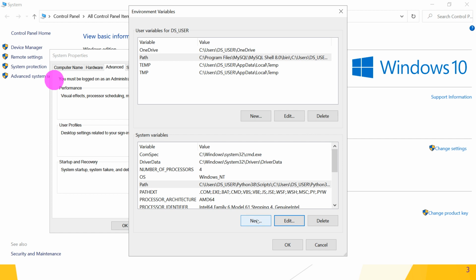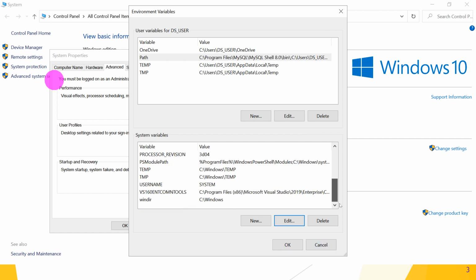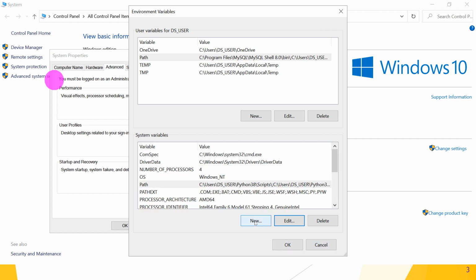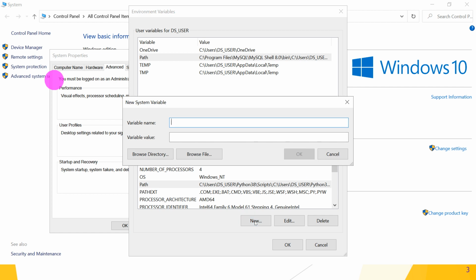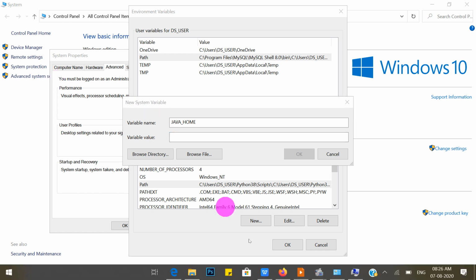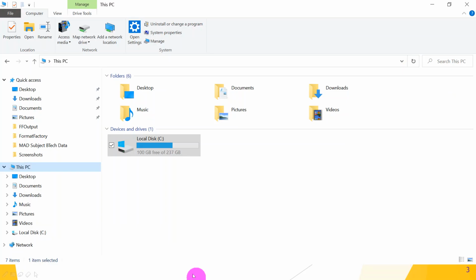After that, we want to create Java's home variable. So create New. Everything is in capital letters: JAVA_HOME. This is the name of the variable and you have to give the variable value. What is the variable value? That is the path till the JDK.